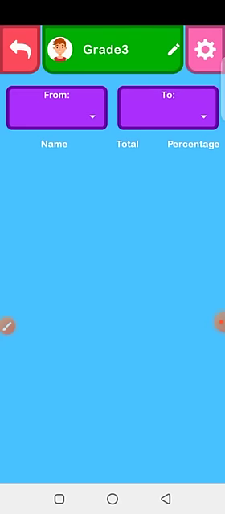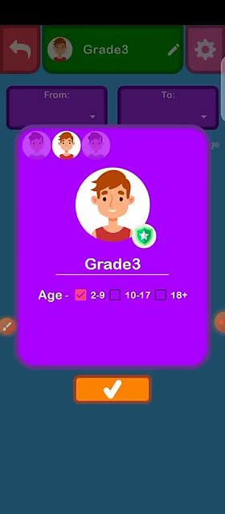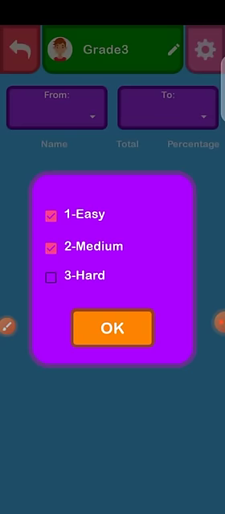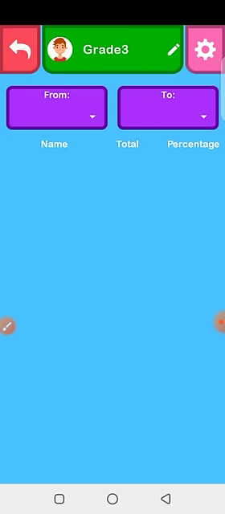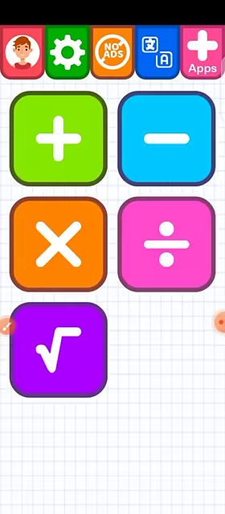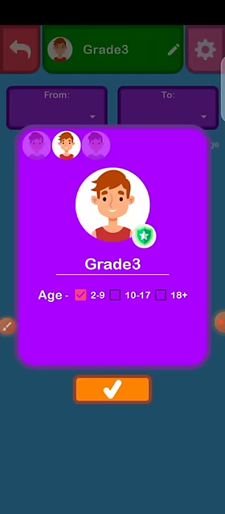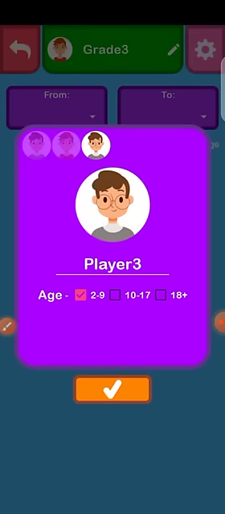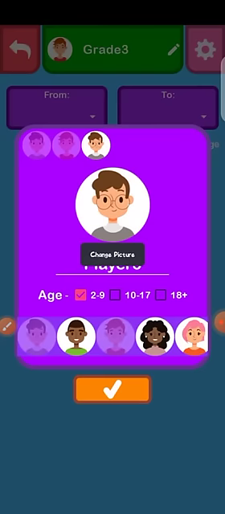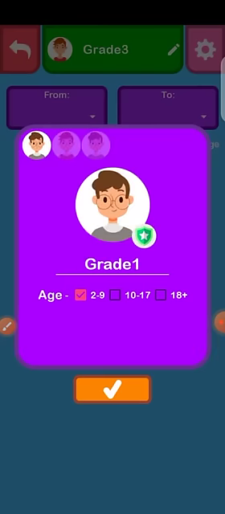In grade 3 you can change your difficulty level. This is how you are going to set the game for all the levels. You can add as many players as you want, there is no limit for the players.